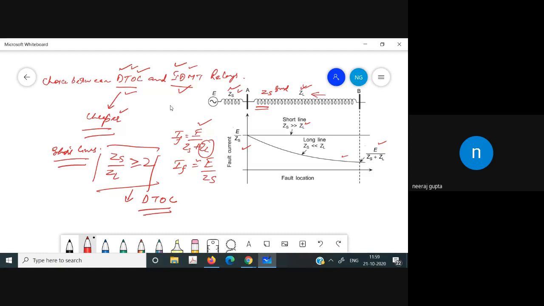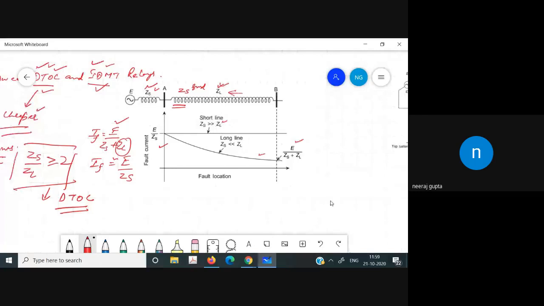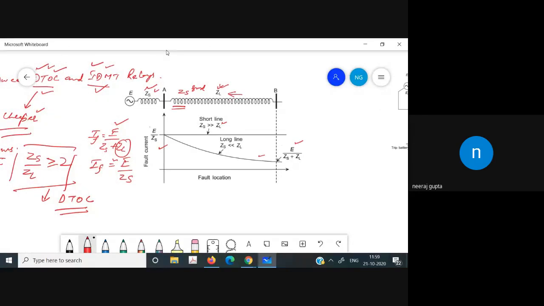Now, we will discuss the protection of three-phase feeder. Here we have assumed that everything is balanced. We have three lines, and we do the analysis of one phase only, and for the other phases we rotate it by 120 degrees and get the values, assuming that the system is balanced. However, if we take all three phases into consideration, we have to look into the three-phase feeders.